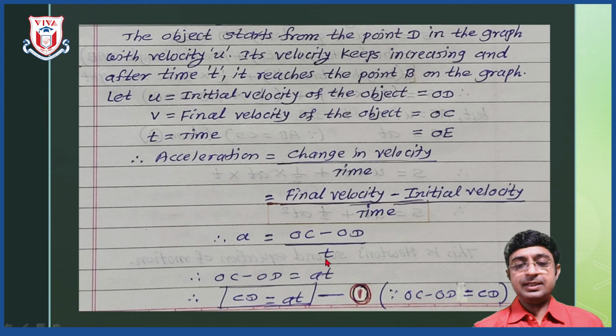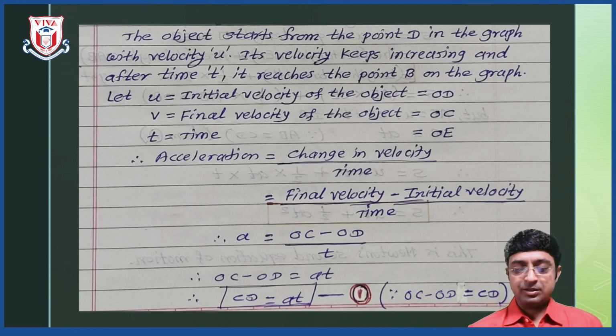So this t is divided here, shift it to the left-hand side. So what are we getting? A multiplied by t. A means acceleration multiplied by t means time. So OC minus OD means in that graph the distance that remains is CD. CD is equal to AT. This is the first equation. Now this graph, up to equation number 1, is a common part for the remaining